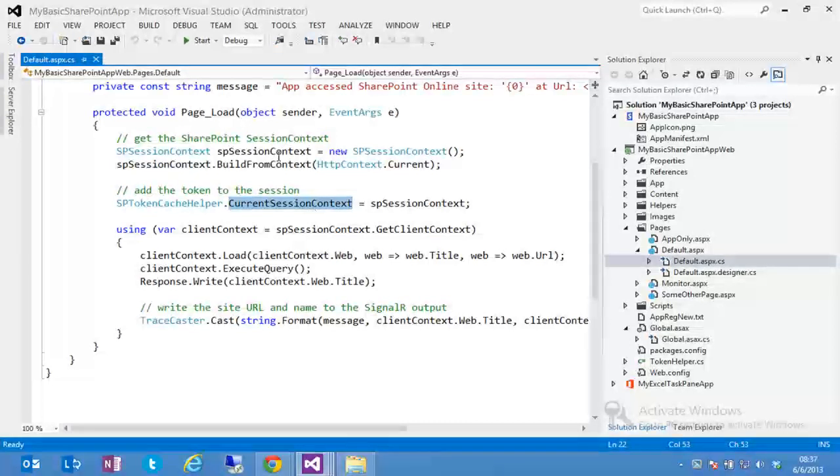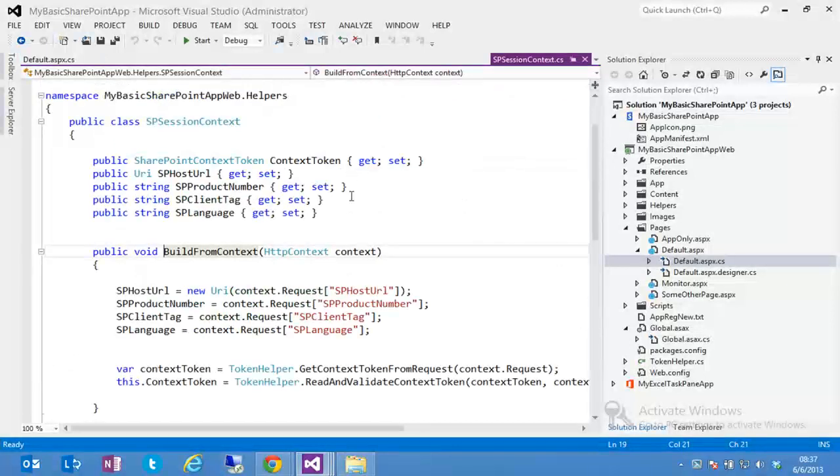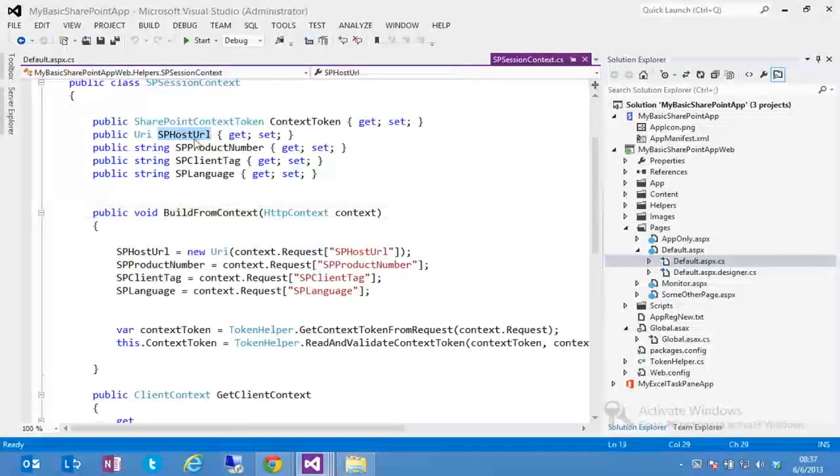But if we take a look at the SPSessionContext and jump into that and take a look at what it's doing, it's pretty straightforward. So these are the parameters that you get passed on the query string. So SPHostUrl, that's the URL to your SharePoint site that the app was launched from. Product number is like the version, and so forth. You get information about language, and you also get a tag, like an ETag, to ensure you don't have any weird caching issues. Then BuildFromContext really just takes the HTTP context, extracts those parameters off the query string, and then grabs the context token. Now the context token is